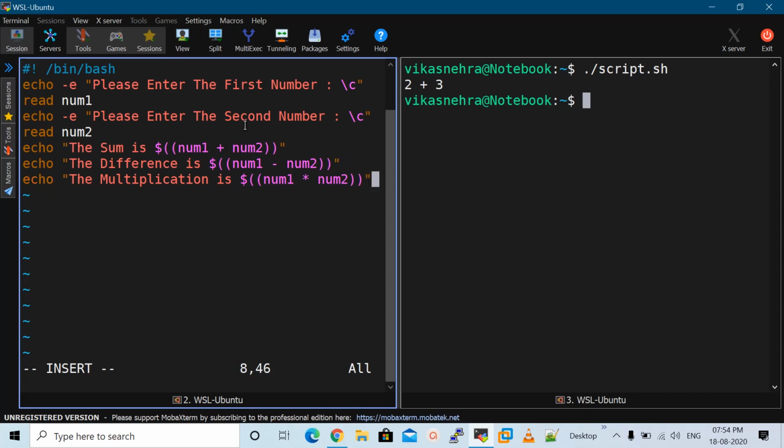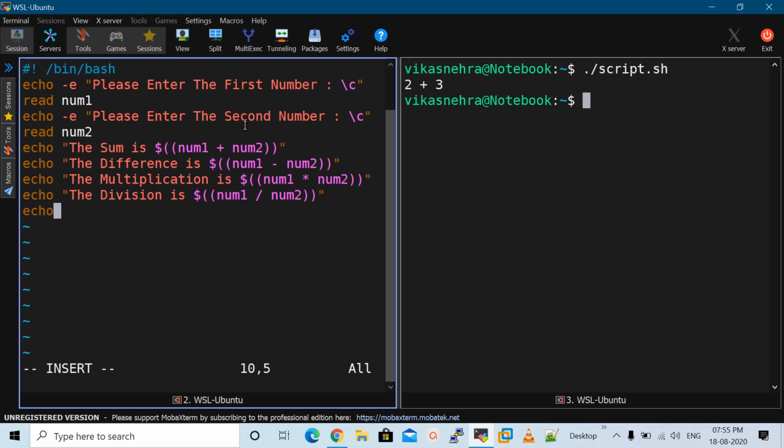Now we can perform the division as well. So we can mention here the division is dollar, double bracket num1 slash num2 brackets closed, inverted comma close.